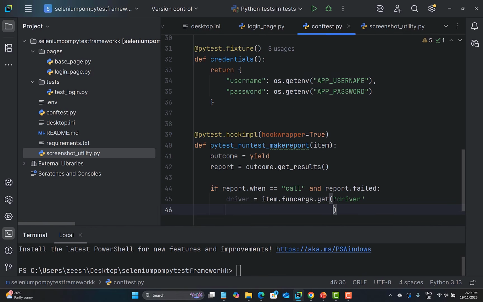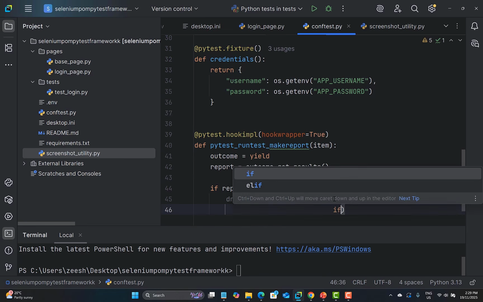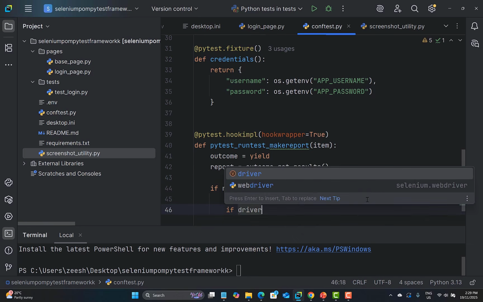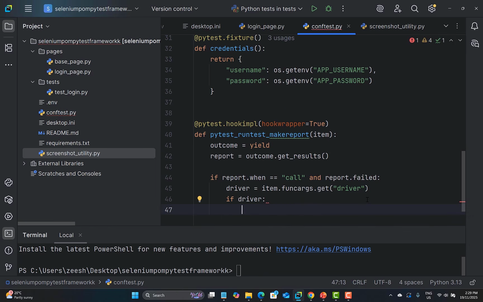And then another thing. If we are getting a fail and the driver is there, so what we need to do is we say if not, and here on the next step, if driver, then